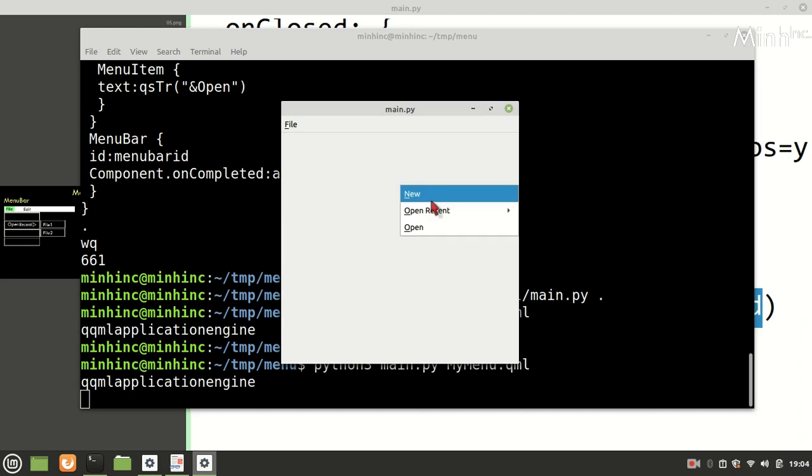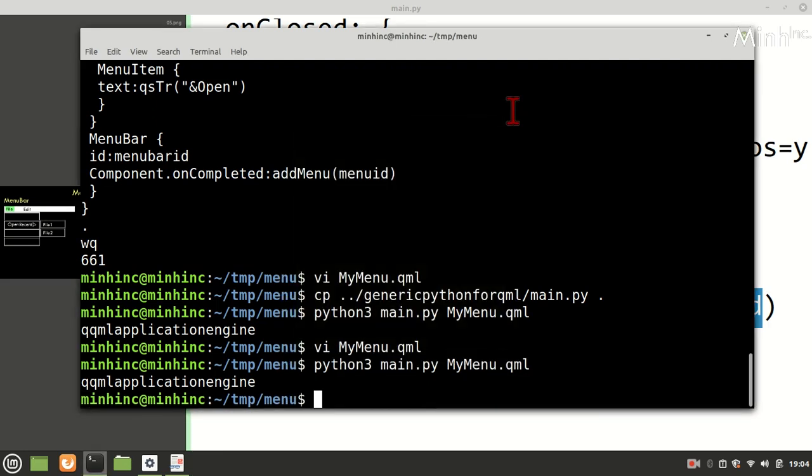If I click here, the menu comes here. Now if it closes down, the menu comes to its original position, so that if I click here, then it comes back to normal. So this is about creating a menu.